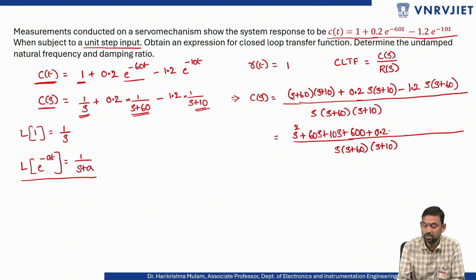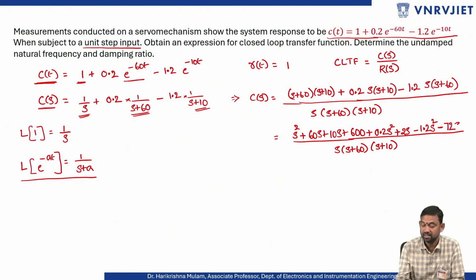So 0.2 S square, plus S into 10 is 10S, and 10S into 0.2 is 2S. S into S is S square, minus 1.2 is minus 1.2 S square. S into 60 is 60S, into minus 1.2 is minus